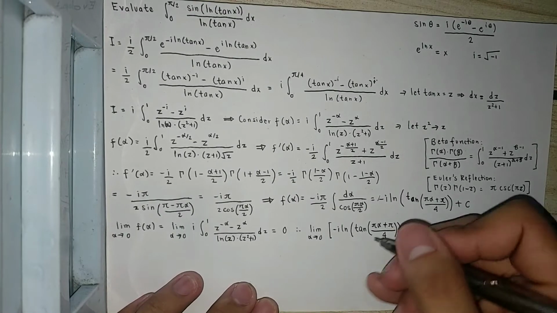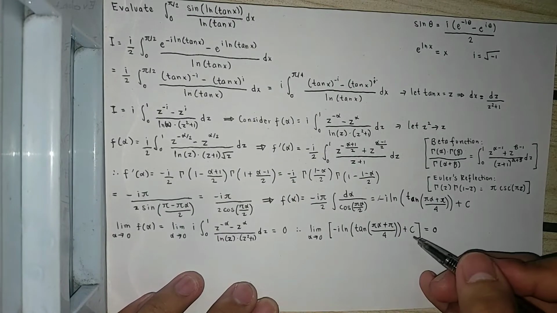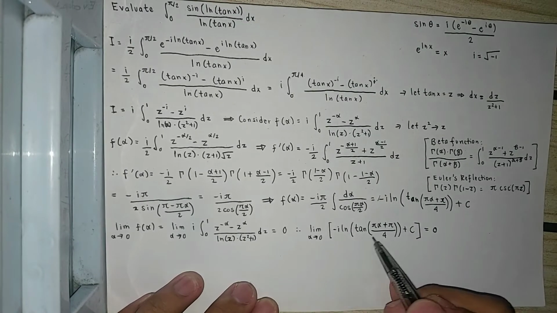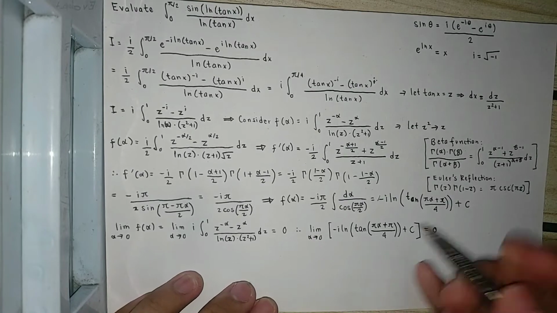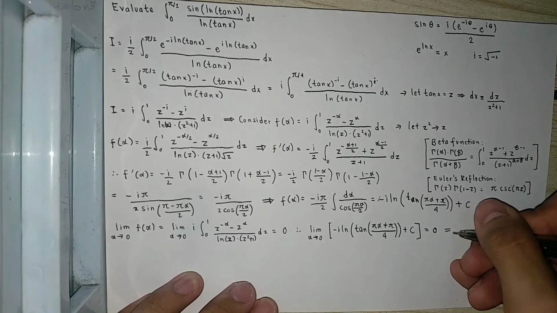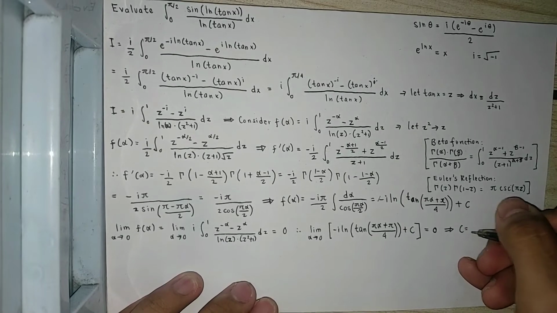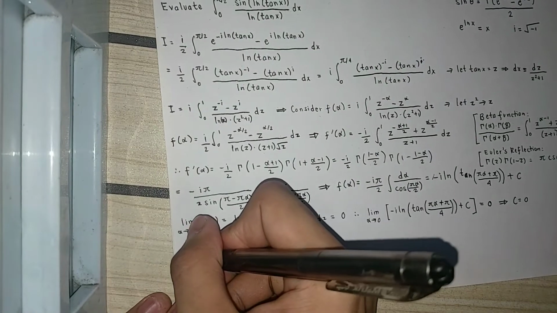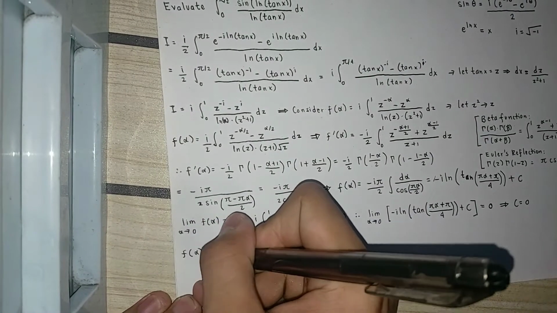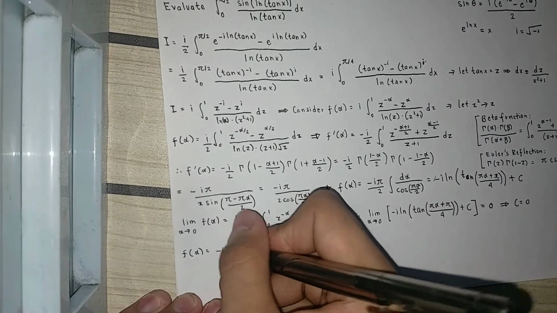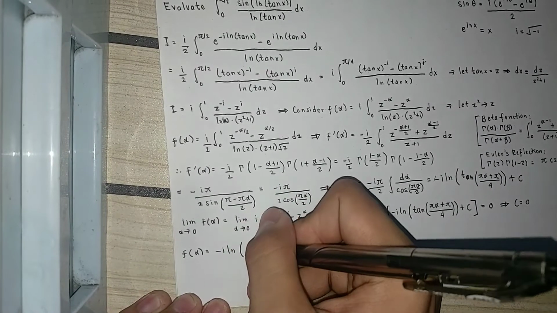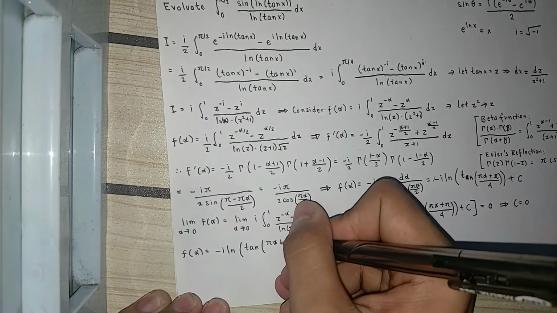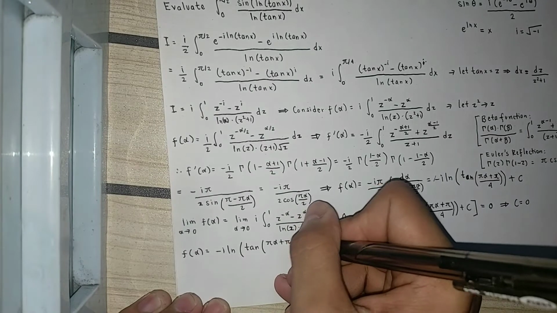There we will get the value of this arbitrary constant if we evaluate this limit. Then this will give us c is equal to 0. So now we have our f of alpha is equal to negative i times ln of tangent(pi alpha plus pi over 4),